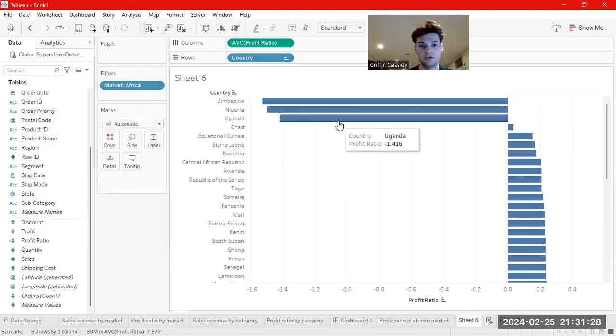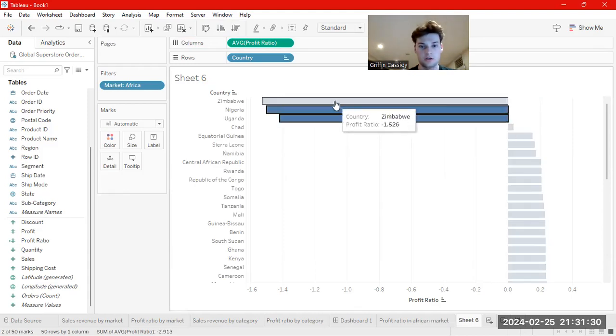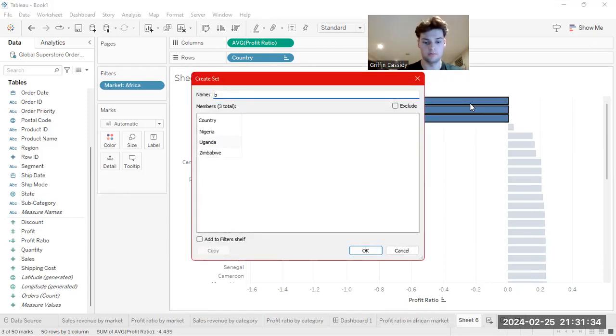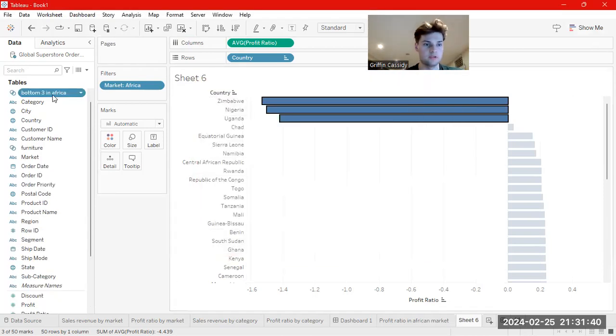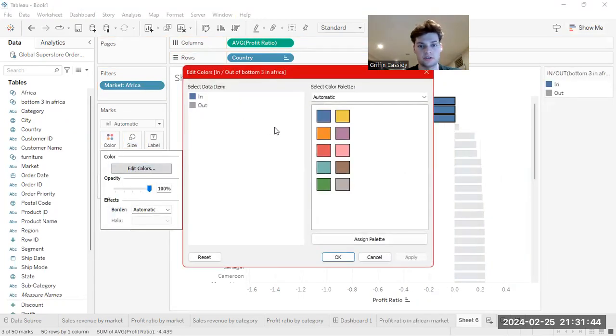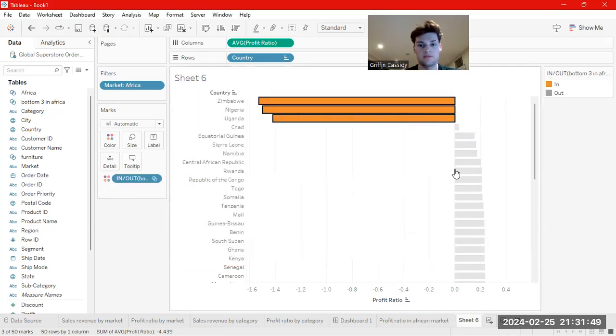Now we have these three here. Control select all three, make a set. We'll go bottom three in Africa. Okay, now if we take bottom three in Africa into color, edit our colors, and make our in orange. Now we have those in orange, and I can rename this